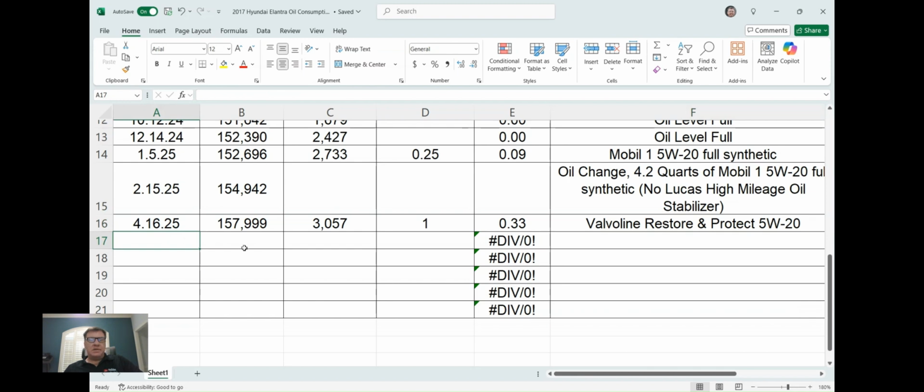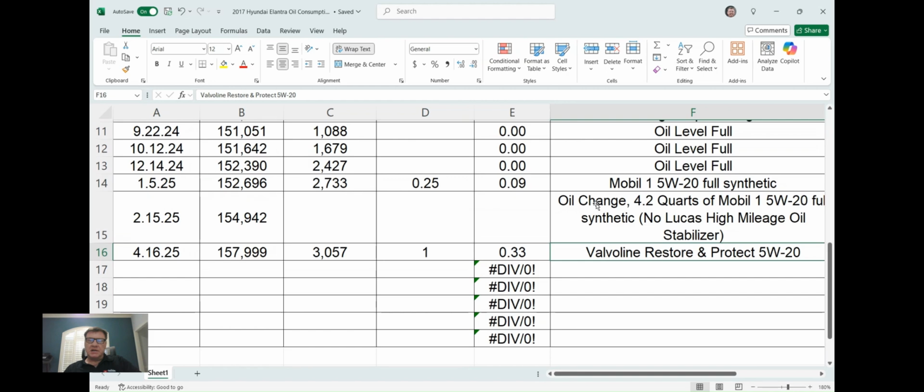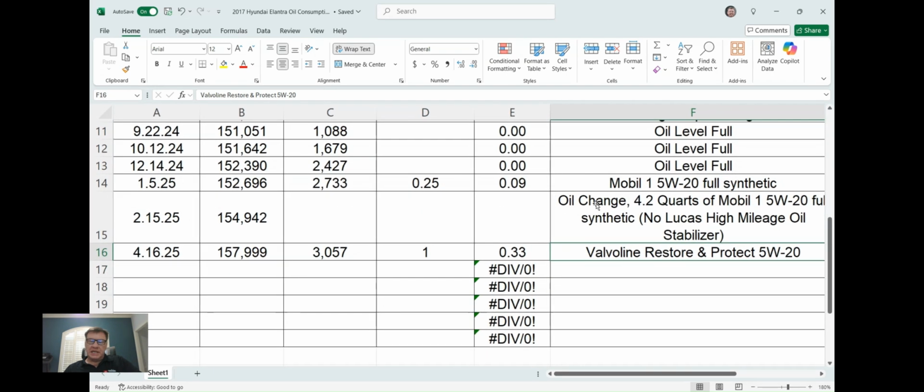Do run this Valvoline Restore and Protect 5W20 for 5,000 miles and keep an eye on it, like checking it every 1,000 miles to see where we're at. We will, of course, keep track of everything. And because I've already purchased it, that's what we're going to do. But I think because the thicker Lucas high mileage oil helps so much, what I might do on the next oil change is